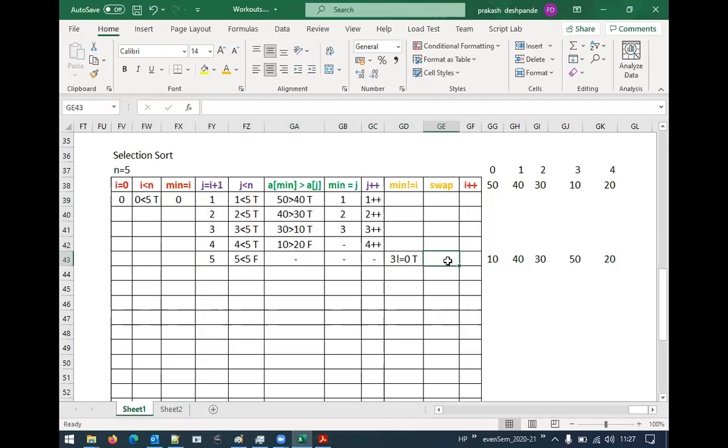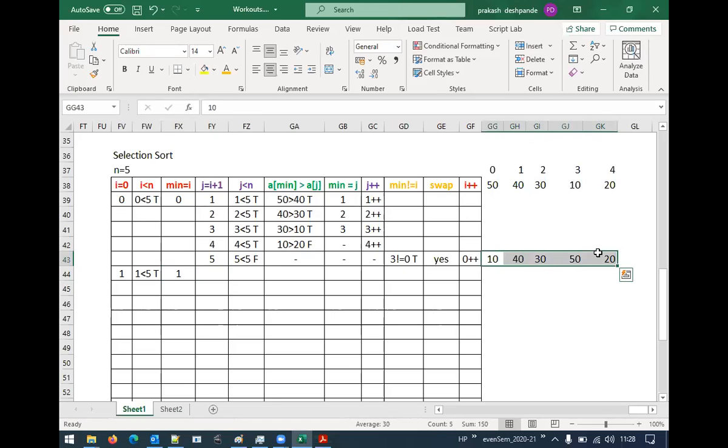Okay. So this swapping we did, I write it as S. Then I plus plus, that is 0 plus plus. After that, we come back to the next iteration with I value as 1. Now I is 1. Condition 1 less than 5 is true. Then again, min will get the I value. So min will now be 1. Now, pay attention to this. What has happened? Logically, if you look at here, before the first iteration got completed, is with the elements, right?